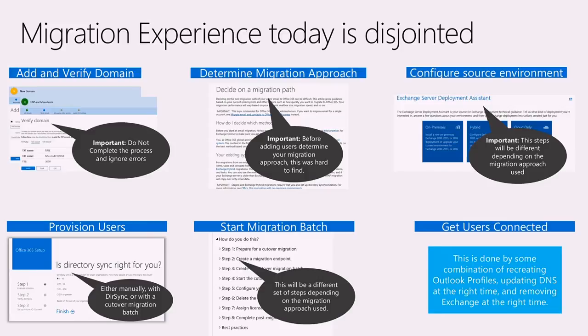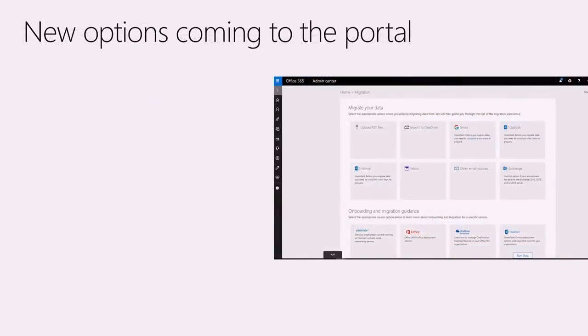So what we're doing is trying to take all of that stuff and point you to one place. And that place is the Office 365 portal, the new Office 365 portal. There's now actually a migration option. I can pull up the portal in a bit if anyone wants to see exactly where it is, but down the left side of the portal, I believe it's the third from the bottom, there's an option for administration tools, and there's a section on data migration. And if you select that,